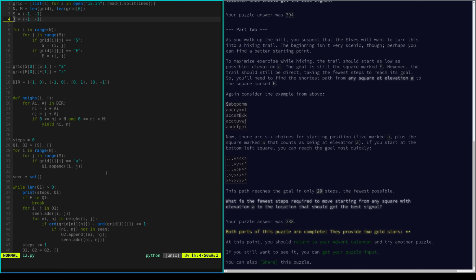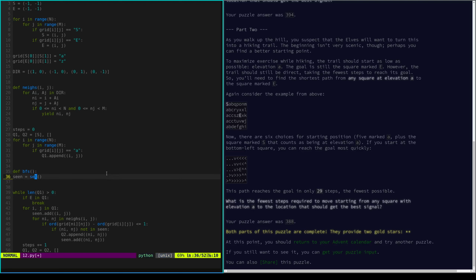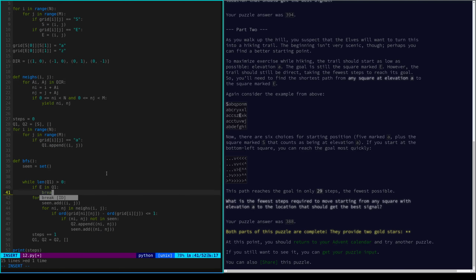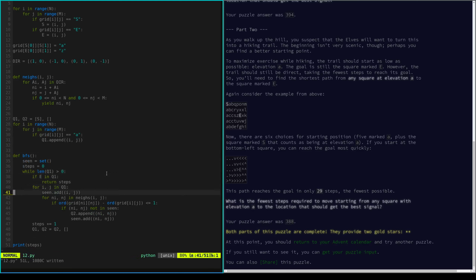Okay. Where could we start? Well, we had some problem with the off by one errors that I commented the other day. We can remove this print. Well, the first thing we should do is we should have a function for running this, def bfs, and instead of break, let's return steps. Print bfs. Let's send this. Well, this is the initial for part 1, and this is,